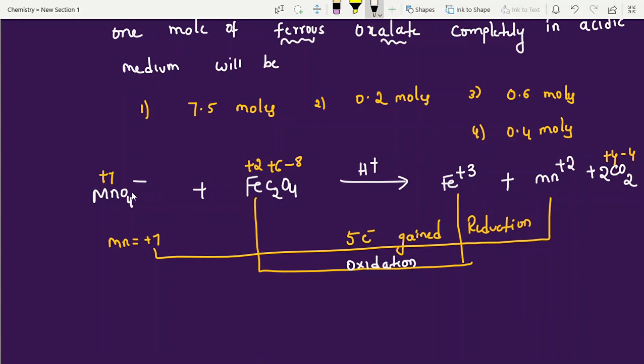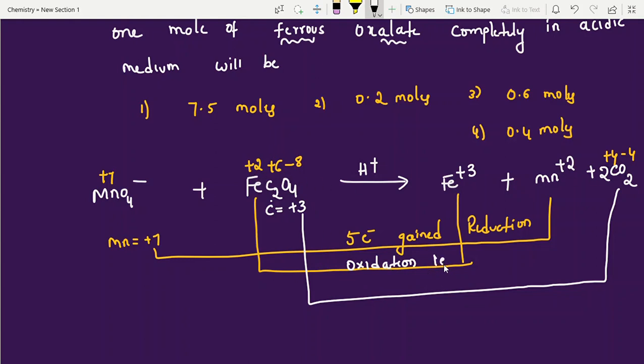But who is the reducing agent? Suppose somebody acts as a reducing agent. If you combine Fe +3 with a reducing agent, then it is +3 to +2. If you combine with an oxidizing agent, it means +2 to +3. Like that conversion, oxidation. Next here carbon. Carbon +3 per atom, +3 to +4. We have to consider both. Some of the students take only iron, but they gave ferrous oxalate. Iron we have to calculate, even oxalate also we have to calculate. +3 to +4.